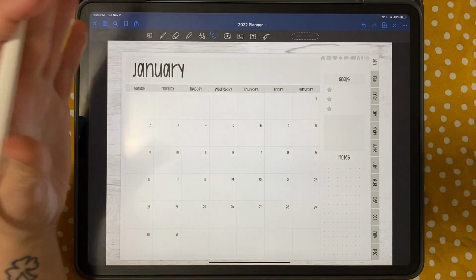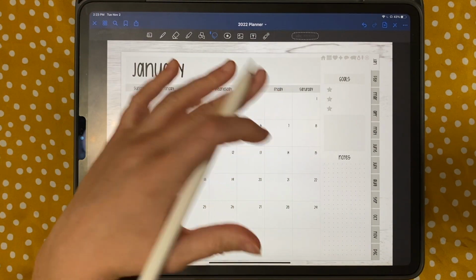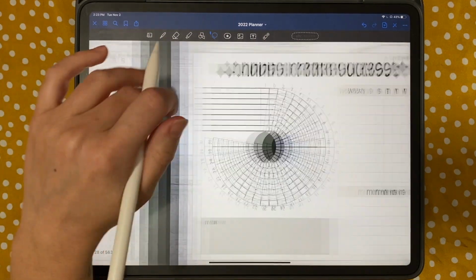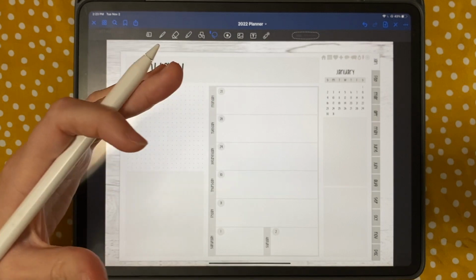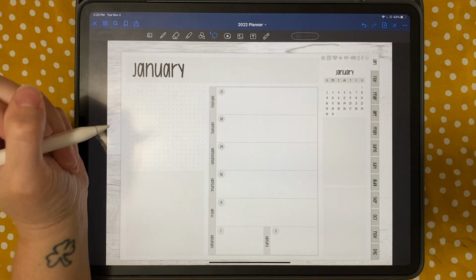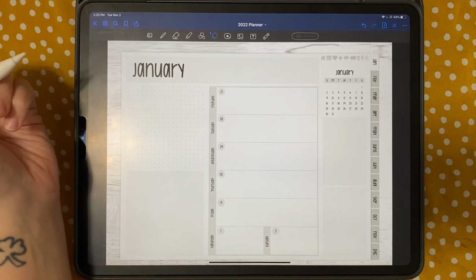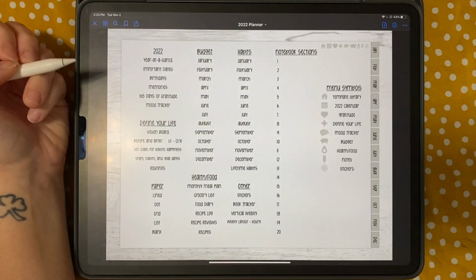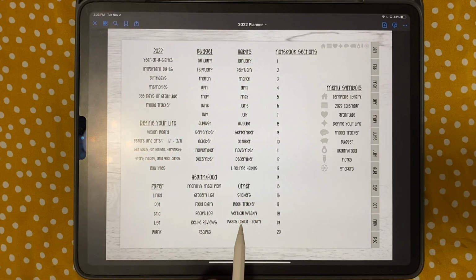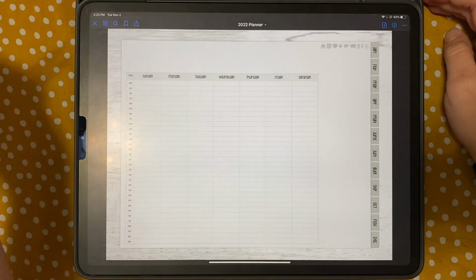So the last thing that I want to talk about is how we can customize some of these pages. So if I go to this weekly page, this is one of the main areas that I wanted to be able to customize, because sometimes I just want a different weekly view. So in order to do this, I'm going to come to this template page, and I'm going to come over here to my weekly layout hourly. And what you can do now